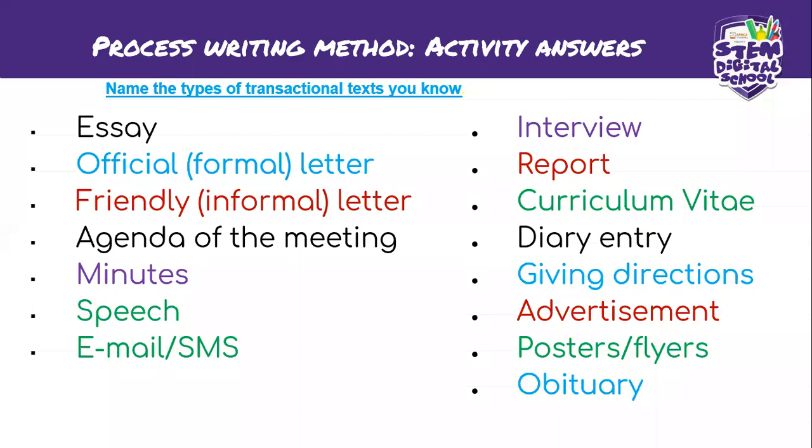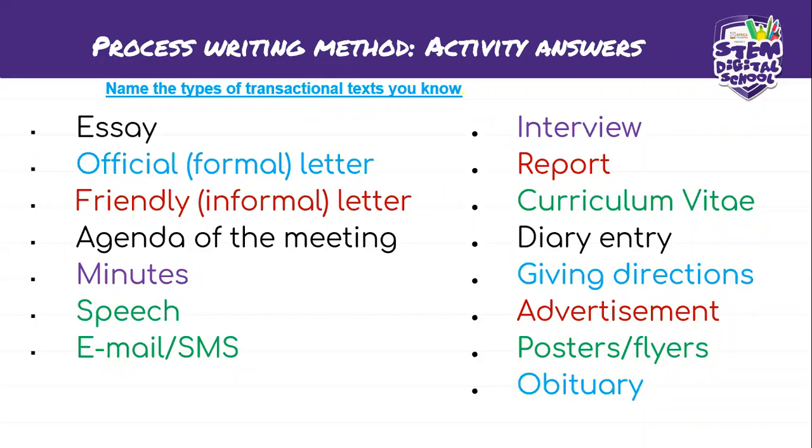And then we have a friendly letter, which is an informal letter. This is the one you write to your friend, to someone you are friendly with. And here it only has one address. So it has only your address. Only one address in a friendly letter.